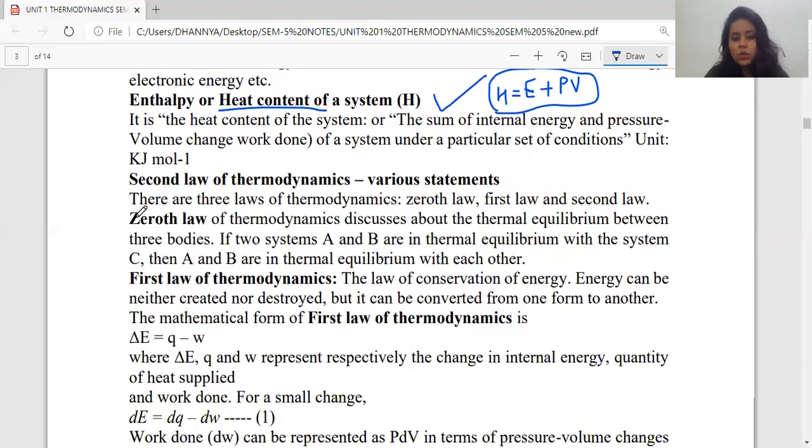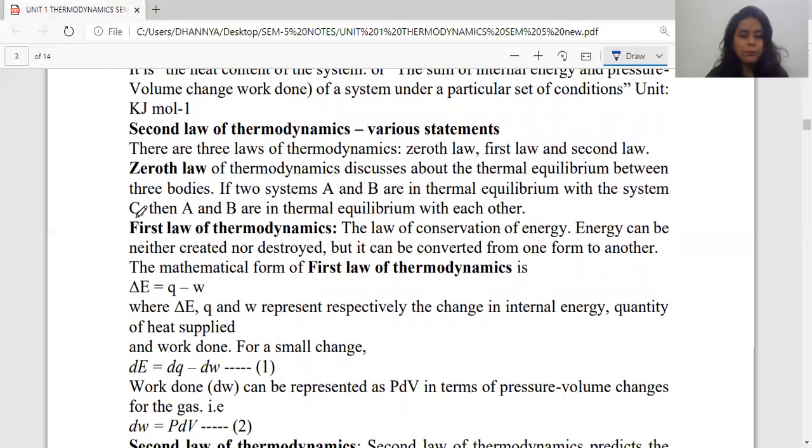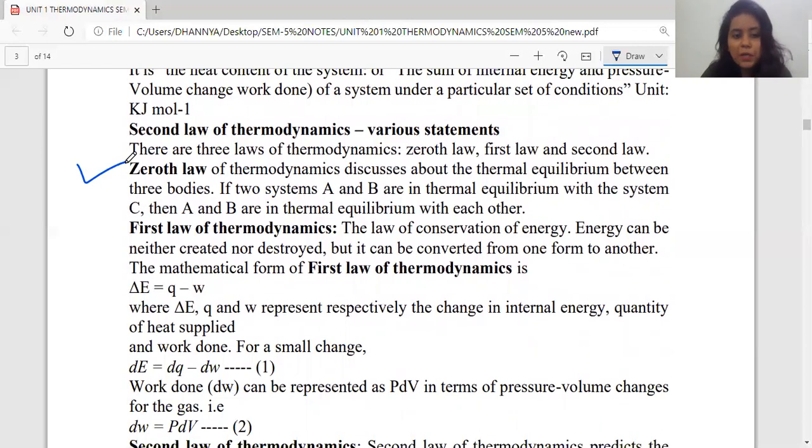Now there are certain laws of thermodynamics which you have obviously studied. Let's see, you might not have an idea about the zeroth law of thermodynamics, because we are going to study this course this semester. But as of now, we'll just understand what exactly the zeroth law of thermodynamics is by the statement. Okay? So what is the zeroth law?